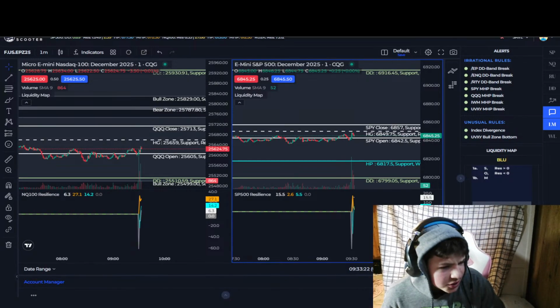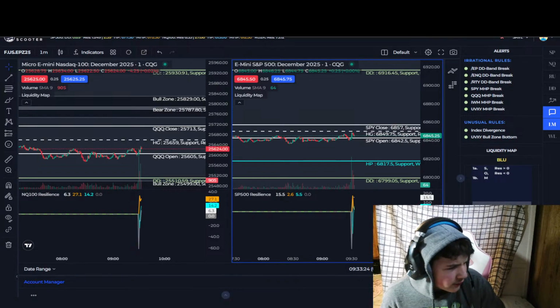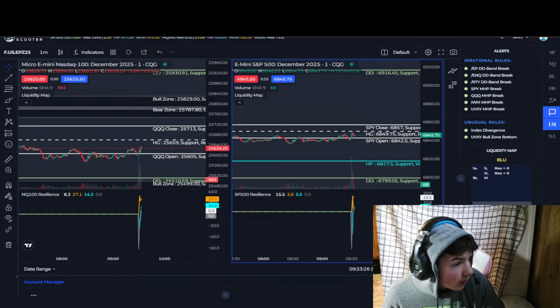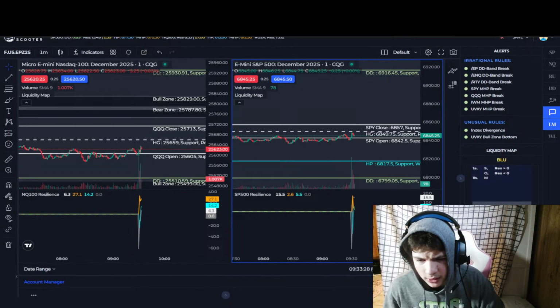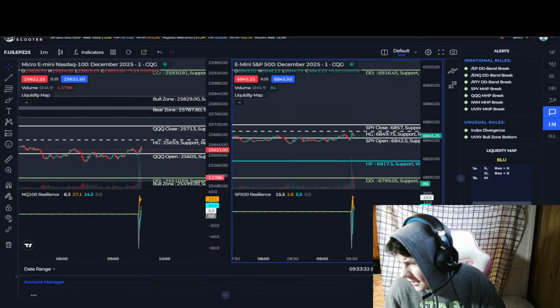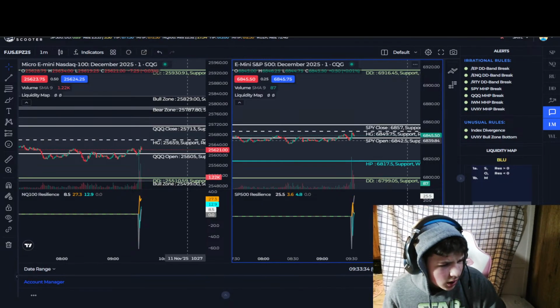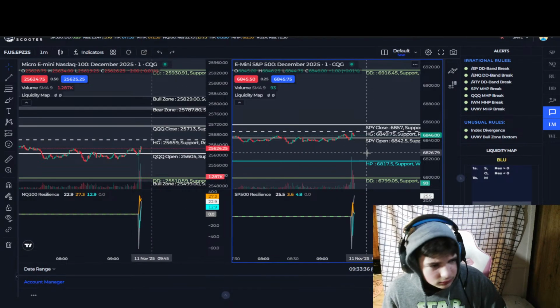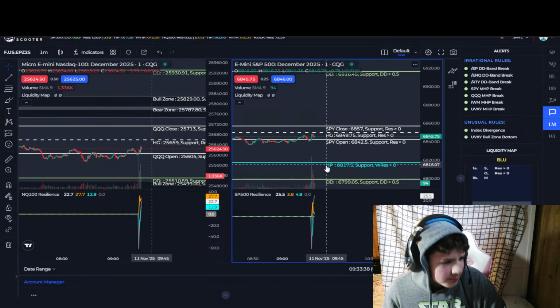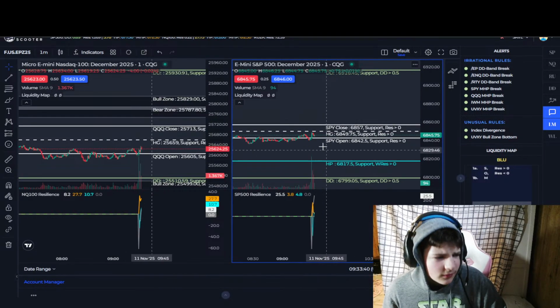Remember there is one trade off of QQ open if you want to take that trade. I'm not going to do that right now because I'm setting some stuff up. But a good trade would be to HP.